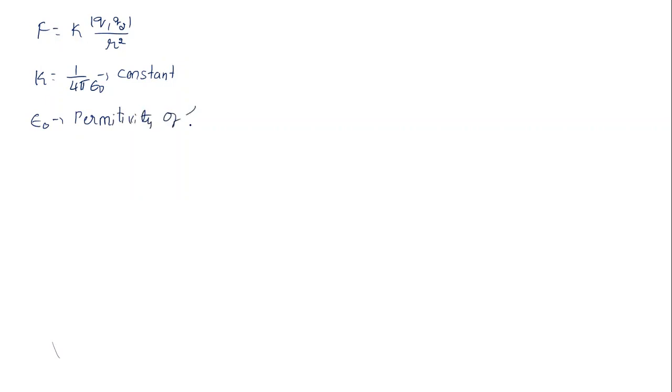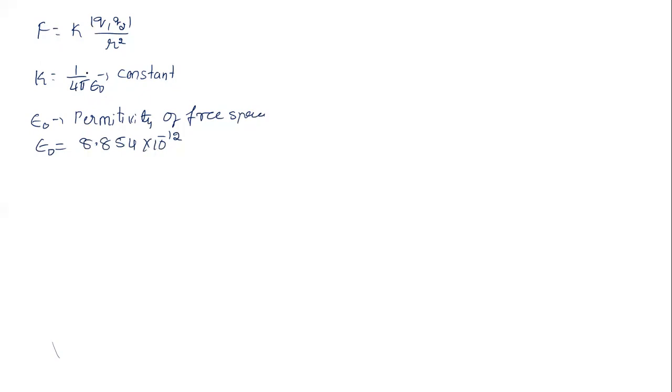Permittivity of free space. Its value, how much do you know? This permittivity of free space, its value is found to be 8.854 into 10 power minus 12. Now the question will come to the mind of all of us: what is the unit of this? How can we calculate the unit? I think many times I told you how to calculate the unit if you know the formula. It will be easy. Look now, I'm going to take it from there only.